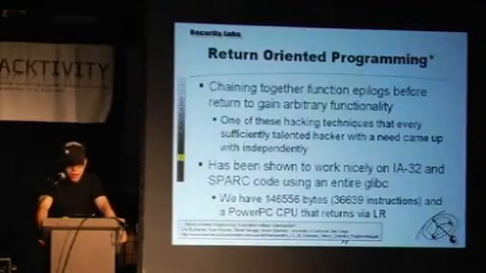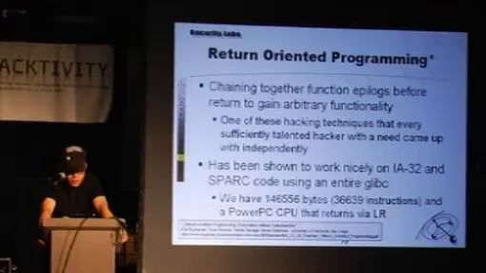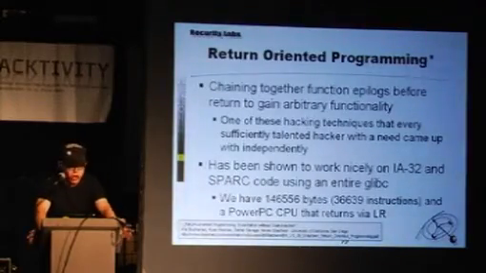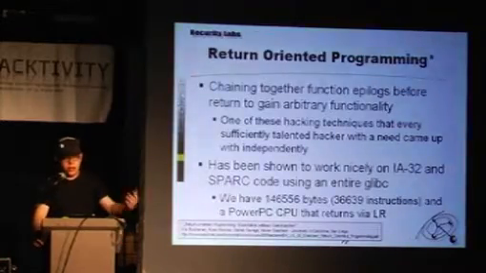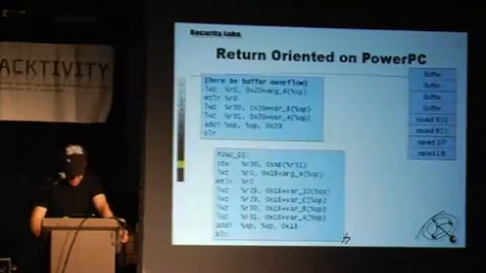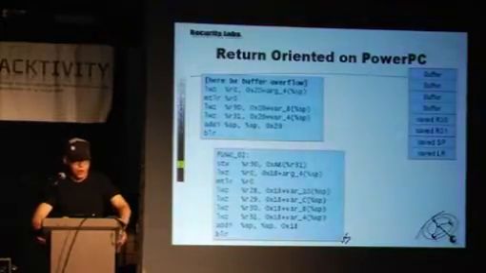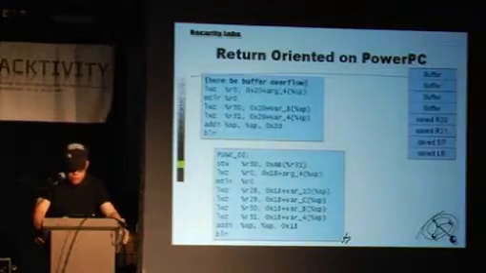There has been a good academic presentation by Buchanan et al. And they went ahead and proved Turing completeness for return-oriented programming. So we know that we can implement every possible functionality in it. Now the question is, how do we actually do that on a Cisco router? And here comes back our little ICMP packet with the source route. So we have a vulnerability that overwrites the stack and overwrites the return address.